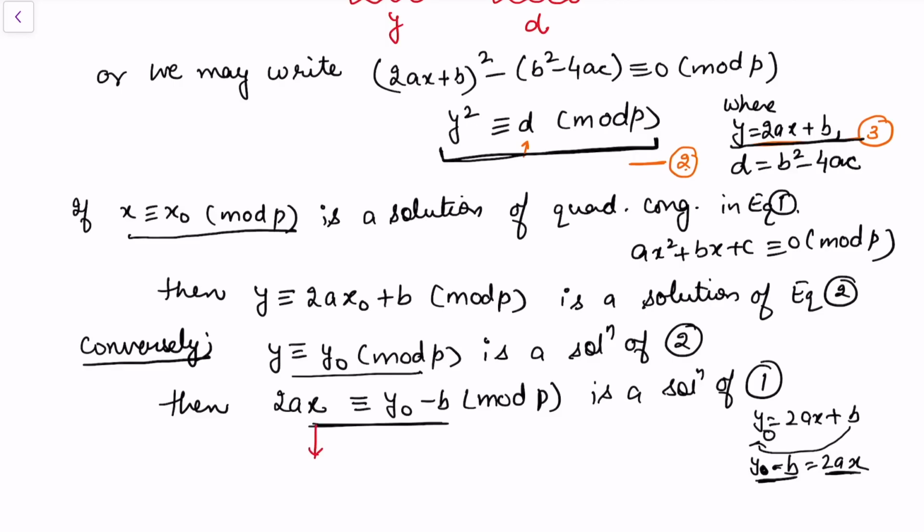You look at this quantity, this is x. The 2a quantity is a constant. Let me write this as capital A. This is also a constant quantity. Let me write this as capital B modulo p, and hence it is a linear congruence. So solving the quadratic equation is equivalent to solving a particular type of quadratic congruence given by equation number 2, and the linear congruence that we can now derive from it.